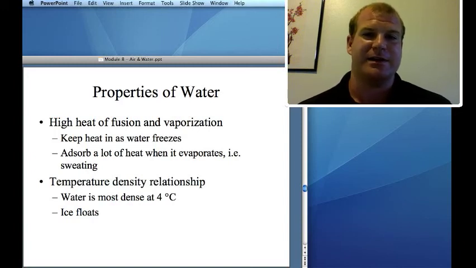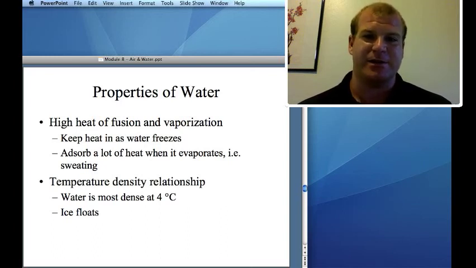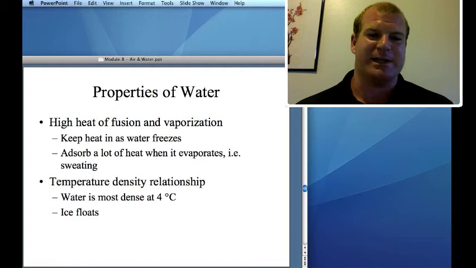So maybe you've noticed this. If you get out of the ocean while you're wet and the wind blows, it gets cold really fast. The reason being is because the water is evaporating. Well, there's another reason too. It's the heat transfer coefficient. So it's not entirely vaporization, but as the water evaporates, it takes a lot of heat with it. And then as water freezes, it releases heat. So the amount of heat that it takes to evaporate water, the same heat is released when water condenses.